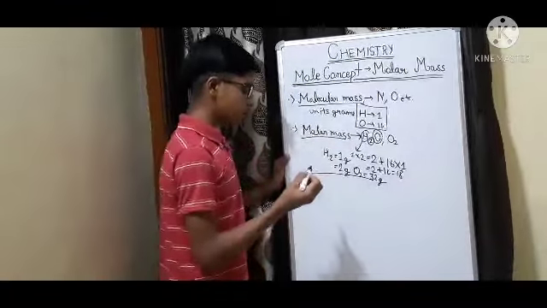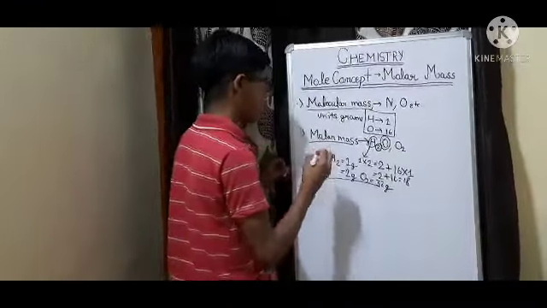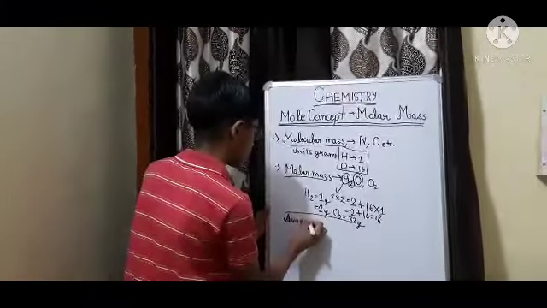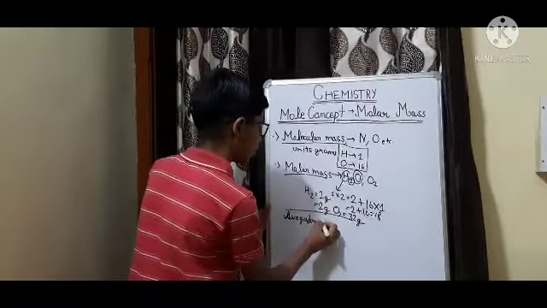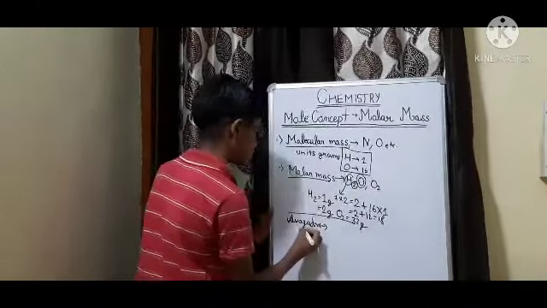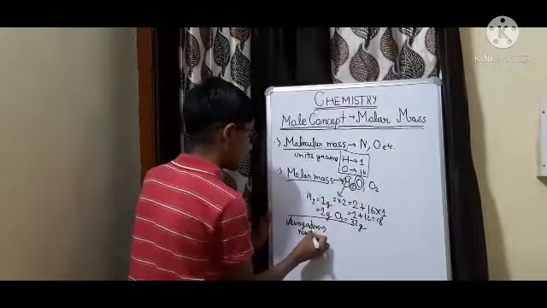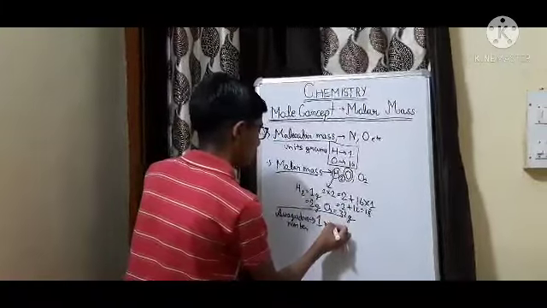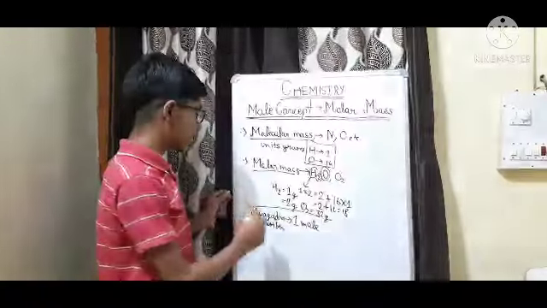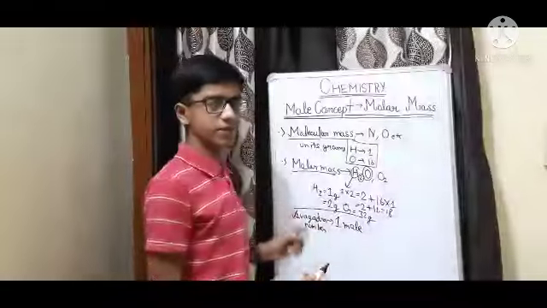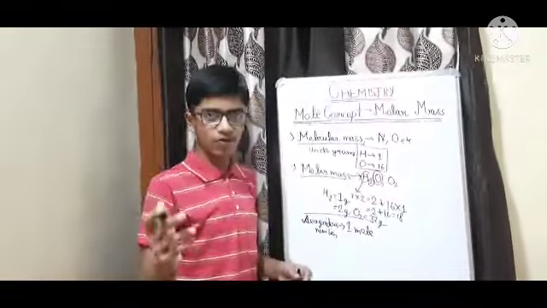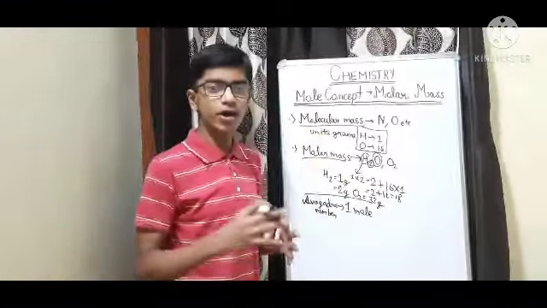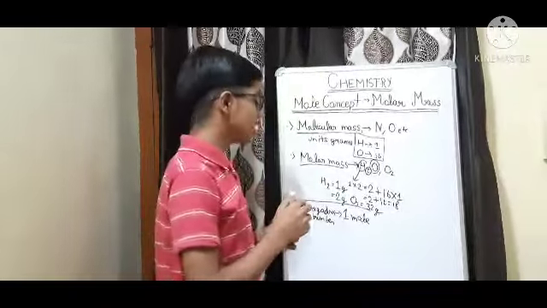Now after this we will be talking about Avogadro's number. In this lecture I will only be covering Avogadro's number, because it tells us the value of 1 mole if we convert it into atoms. I will also tell you how to find the moles, there are two methods, and we will discuss that with the help of numericals. With numericals you will understand whether your concept is clear or not, because numericals can only be done if our concept is clear.